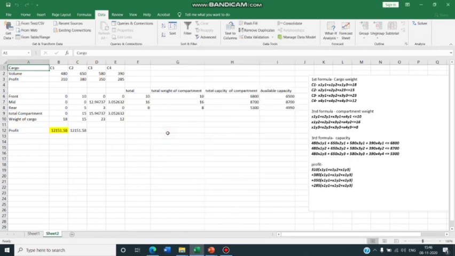Click on OK, and you can see that we have received an optimal solution. So the solver has given us the maximum profit. Also, it has given the distribution of each cargo into each compartment. Also, here you can see this is 2 because I was explaining the sum product formula, how you can use the sum product formula. So here you can see that we have received the optimal solution as well as the distribution. I hope you like my video.